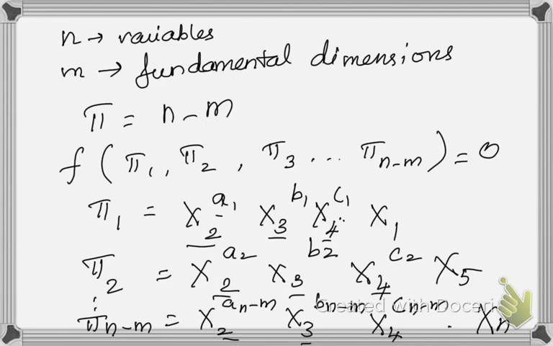So supposing there are n variables, say some 5 or 6 variables in the equation, then what are the variables I should select as these repeating variables? That is a big question mark. So we have to determine first how to select the repeating variables. So that's how we are going to see now.